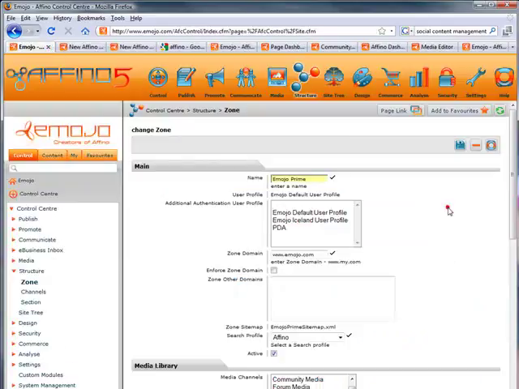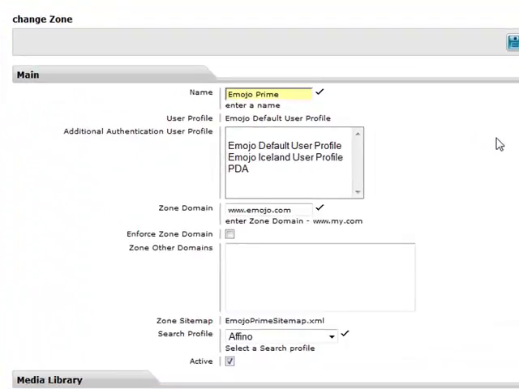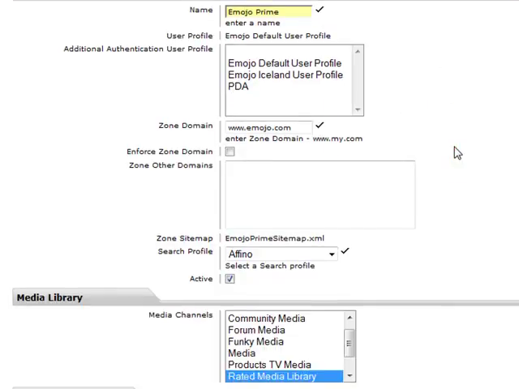Now, if we look at the zone changes, this is where things have changed the most, because what we've done is, rather than have a single website, the way the zones work is that you really can slice and dice your single Affino instance into as many sites as you want. Now, you start by defining the associated profile, which is what user group is accessing the site, who else are you going to authenticate, what is the primary zone domain, so in this case